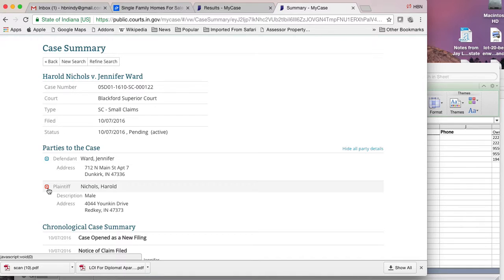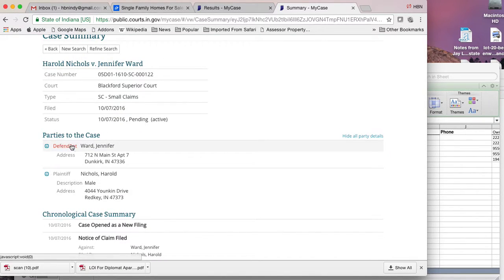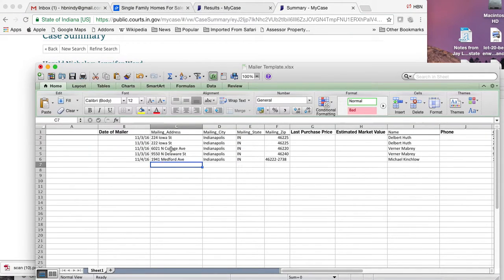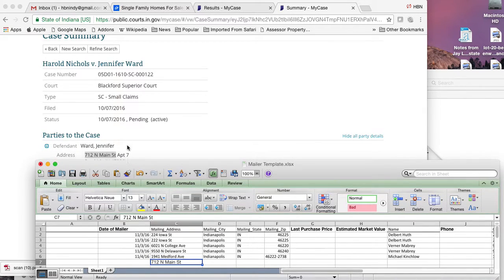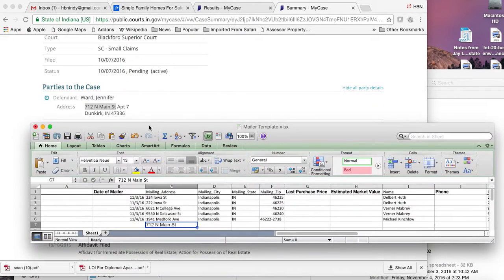And this is the defendant, this is the plaintiff. So what we're going to do is set it up the same way we did with the other properties in probate court. We're going to highlight and paste in our mailer template the mailing address, the city, state, and zip, which is Dunkirk, Indiana